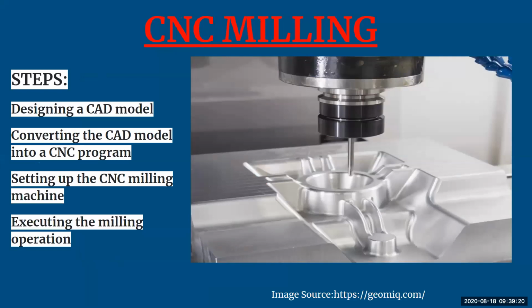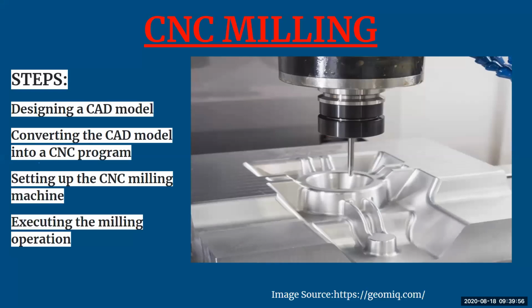Next is your CNC milling. CNC stands for computer numerical control. It is similar to your 3D printing, but the difference is that it is a subtractive manufacturing process. We already know what subtractive is. Milling is a process somewhat similar to drilling or cutting. In CNC milling, there are machines which help you to cut material, heavy-duty or industrial material.